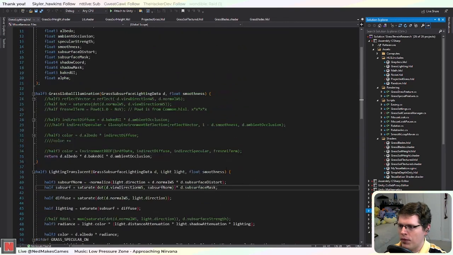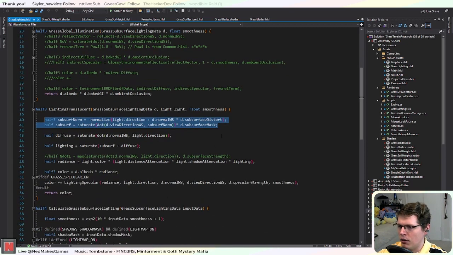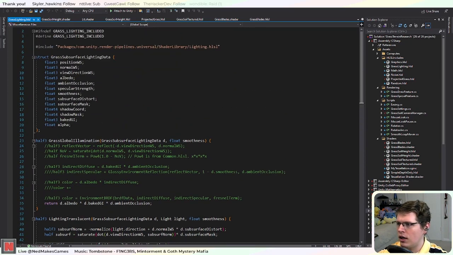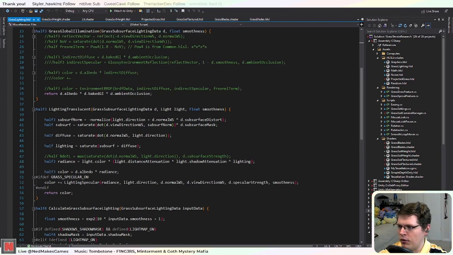So, I did work a little bit on trying to improve the lighting over the weekend. Basically, I don't think this technique is going to work. So, what I've decided on is basically I want to have two different normals. One normal we'll use for the diffuse lighting, and then another normal we'll use for the specular lighting. And I think that just gives the best